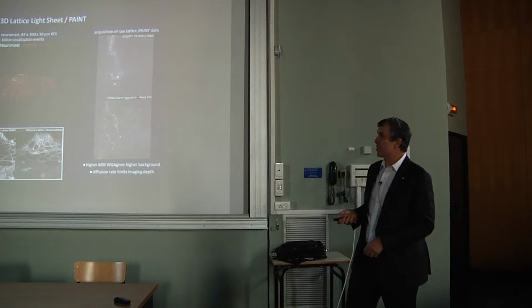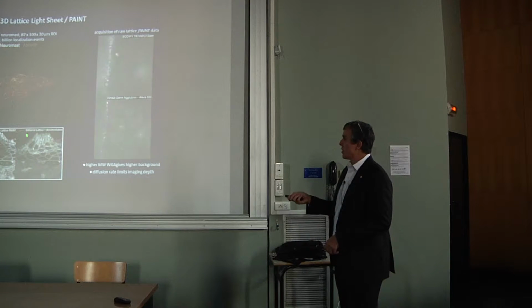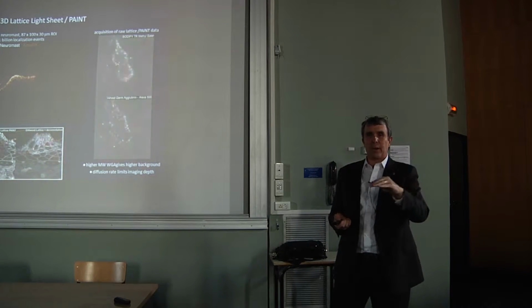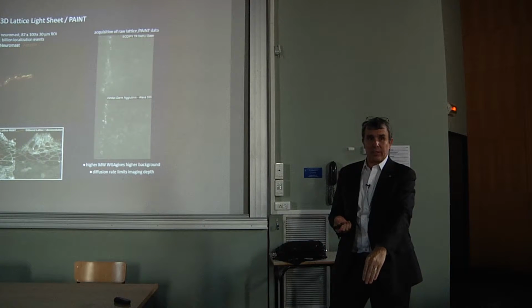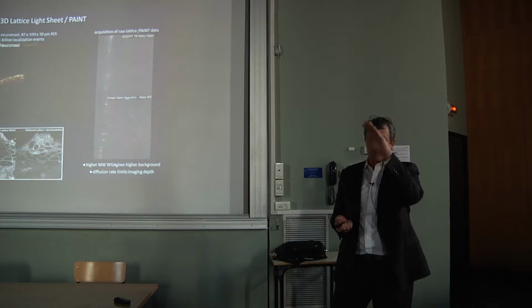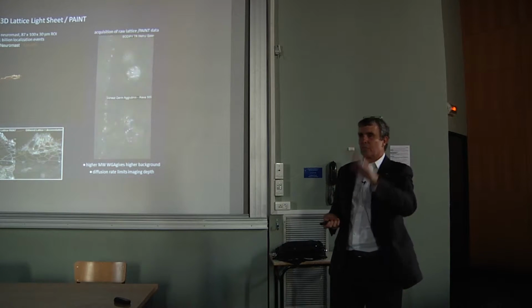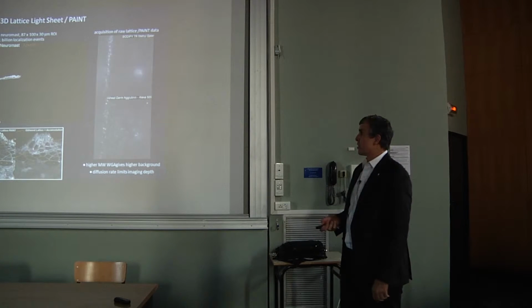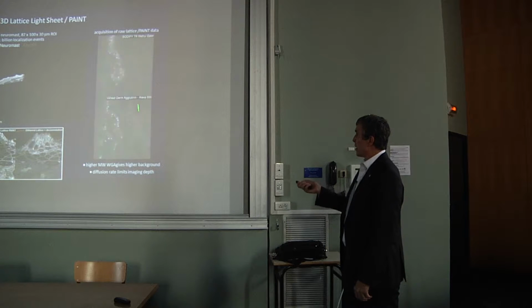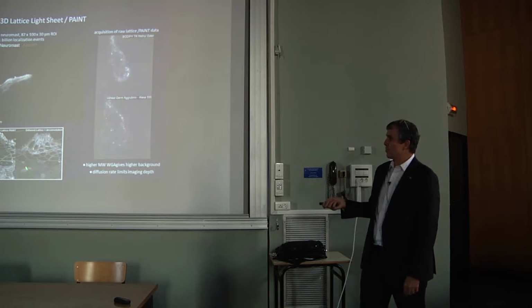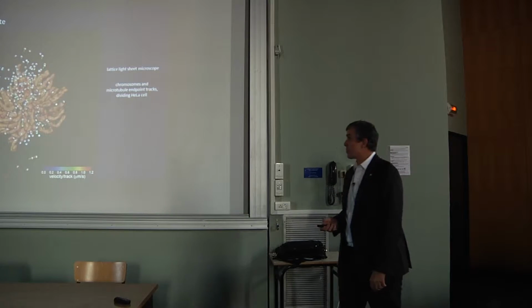So one of the limits of the PAINT approach is that as you go deeper, there's a chance that the molecules, before they bind on their way down to getting deep, can bleach, because the light sheet keeps coming through and through and through, and the deeper you go, the more times it gets whacked by the light sheet before you get there. So eventually you run out of the ability to go deep, but it depends upon the molecular weight of the PAINT probe. A smaller molecular weight one can diffuse faster and hence go deeper.